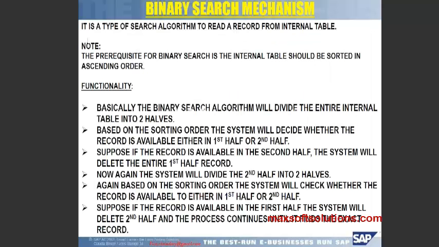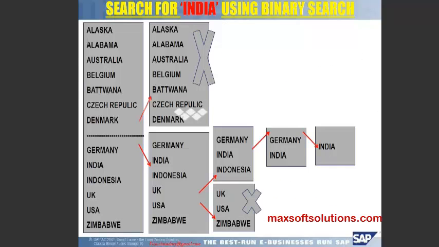The next thing is binary search. Instead of going through theory, look at this one. You will definitely understand. What it will do is, if you have 10 records, it will segregate 5 records into one part and the remaining 5 records into another part. Totally we have this many records. It will segregate like this, that means divide by 2. First of all, it looks here for India. It is not there. So again, this part will be split up into 2 parts. Again, here it is not found. So cancel it. From here it will come to India. So how many searches happened? 1, 2, 3, 4, 5. Within 5 searches, it found India.